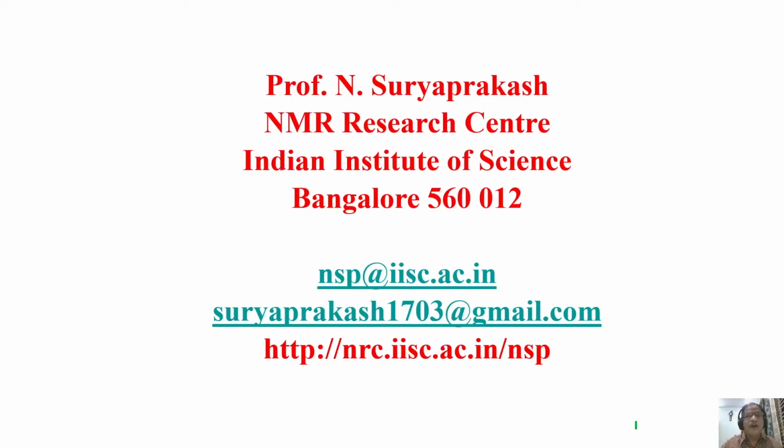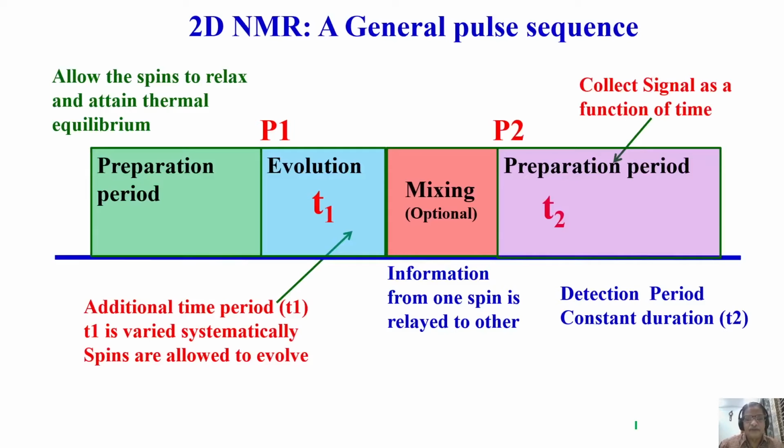Then I showed what is the need to do a two-dimensional NMR. So this is the reason why we have to start using 2D NMR. So this is the general pulse sequence. Last class I showed you a 1D NMR is one. You apply one radio frequency pulse, bring the magnetization to XY plane, start collecting the time domain signal, do the Fourier transformation. A single time domain data, single Fourier transformation gives you a single frequency domain spectrum. This is a one-dimensional NMR.